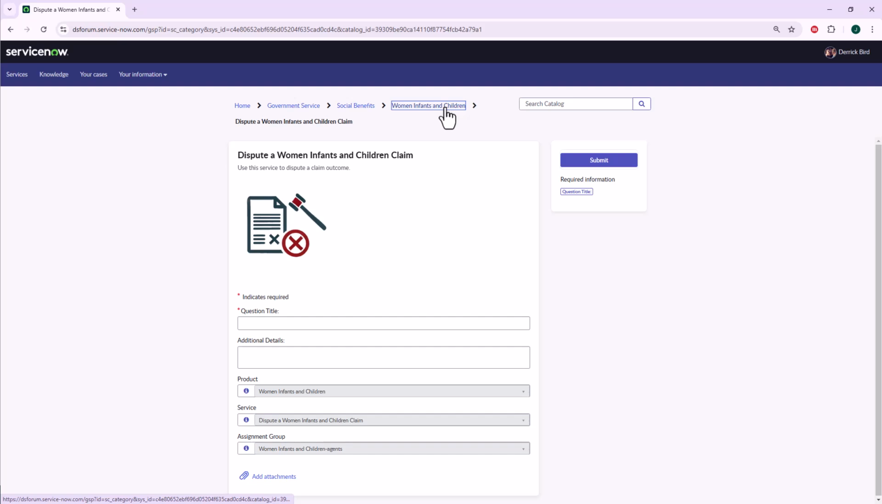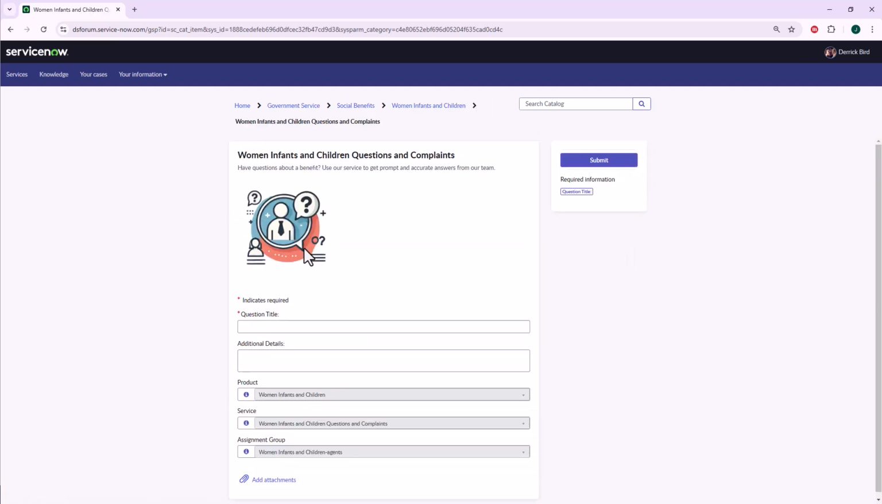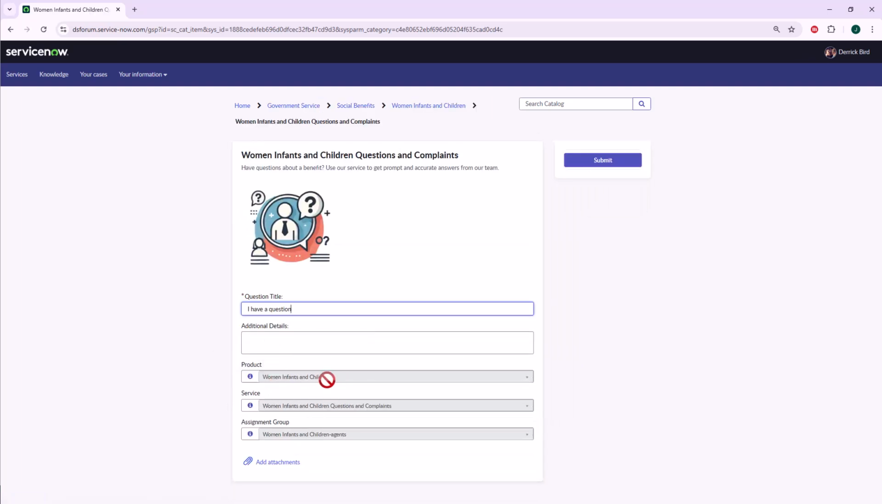The third one that we put is to ask a question. If I have a question or a complaint, I can use this. The product Women, Infants, and Children is created, so we have the data model underneath, and also the services. This service is questions and complaints versus the other one, which were the applications and the disputes. And it also routes it to an automatic assignment group so that we can test these submissions that I'm now